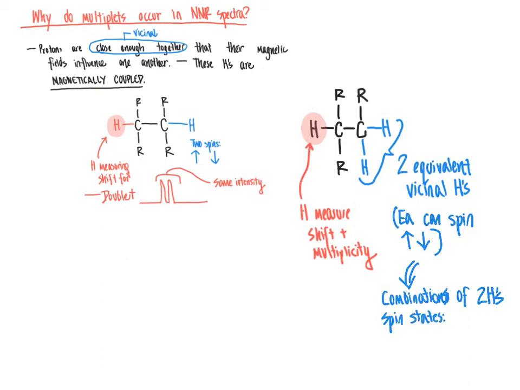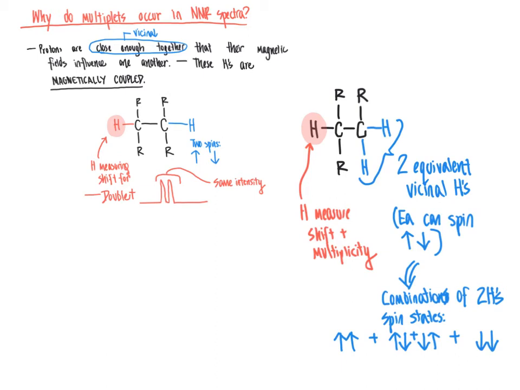So the 2 hydrogens could both have positive spin states simultaneously, meaning 2 arrows up. They could both have, instead of both being oriented up, they could also both be oriented downward. And then there are 2 different ways that we could have the arrows opposing. One is that the one on the left is up, the one on the right is down, and vice versa, down versus up. So we have 4 possible scenarios here, using all the combinations of up and down arrows to